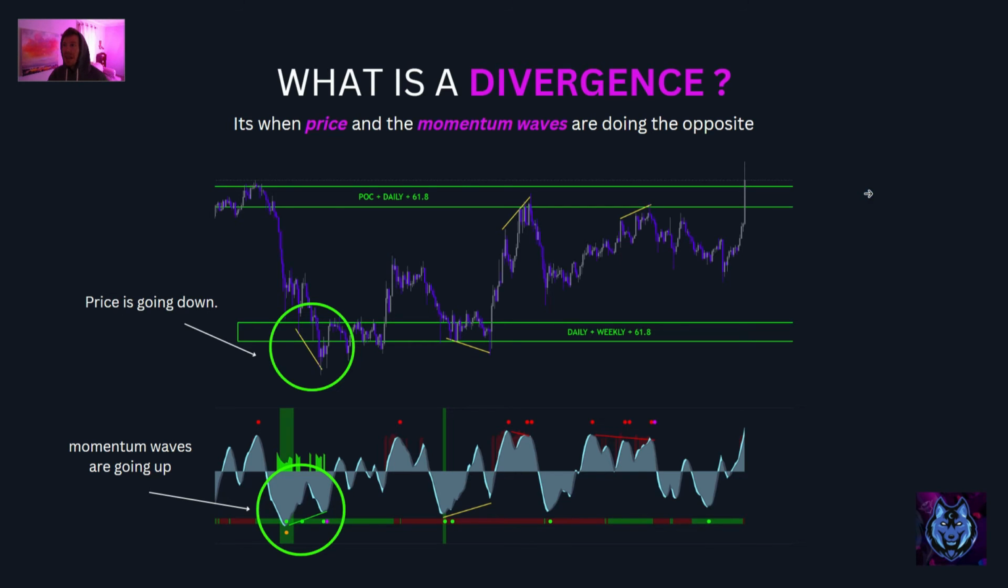What is a divergence? It's when price and the momentum waves are doing the opposites. So you can see price is going down over here, but the momentum waves are going up. Price is going up, but the momentum waves are going down. So it's when we're seeing opposites from price and momentum, which is showing that there's going to be a change